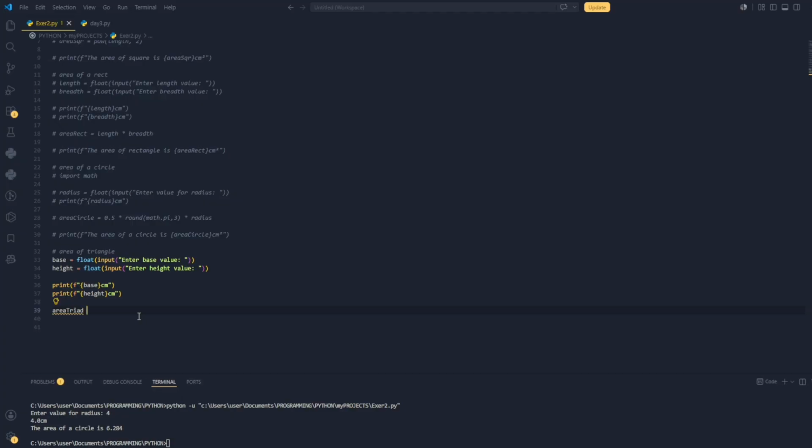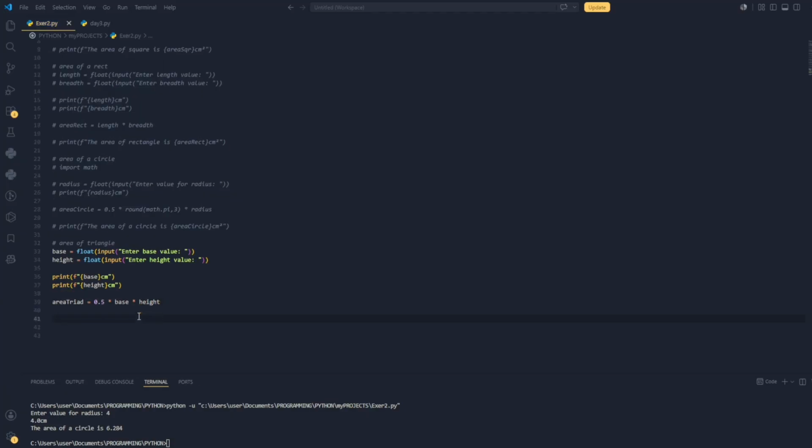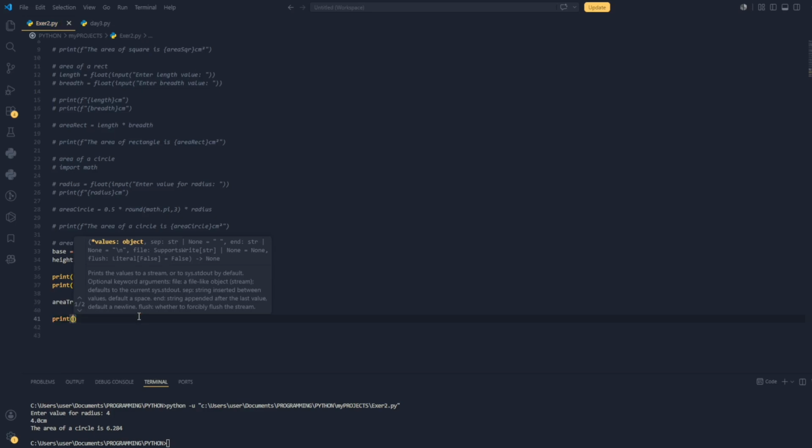Okay, let's just leave it like this. So area of a triangle is equal to half base times height, so 0.5 times base times the height, and then to display the results, print in your f-string, area of a triangle,